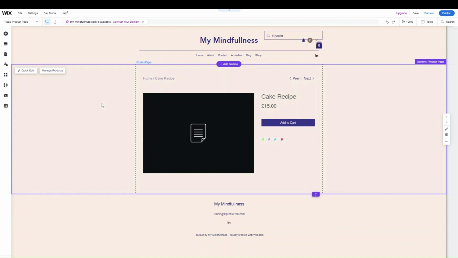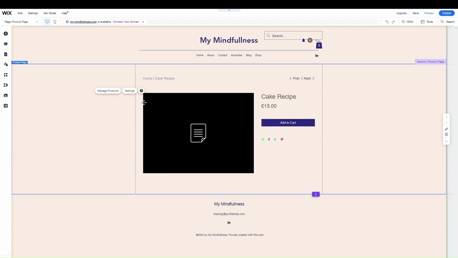And similar to the shop page, you can't change the layout like drag and drop the way you would with most Wix layouts, but you can click into the settings and then change what things are displayed and how they're being displayed. So for example, if you want to click into settings,